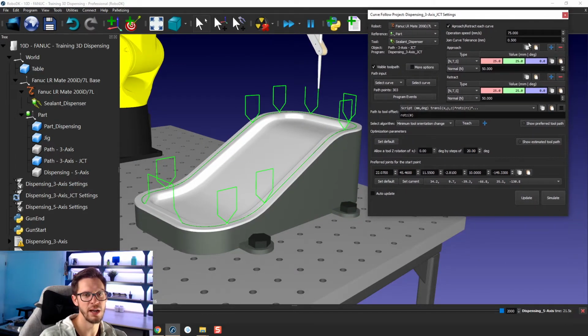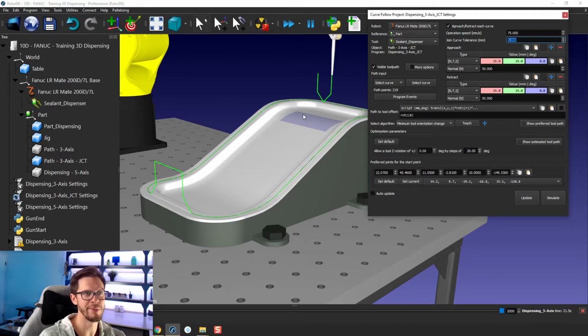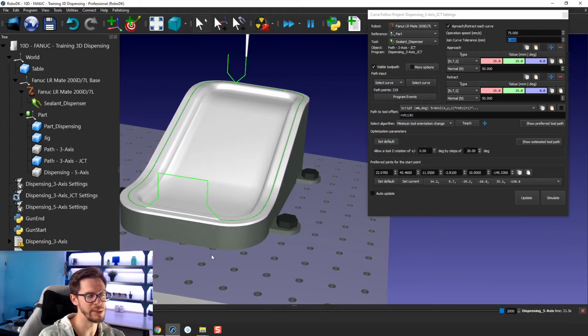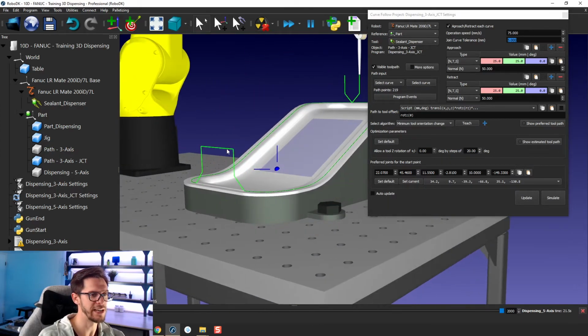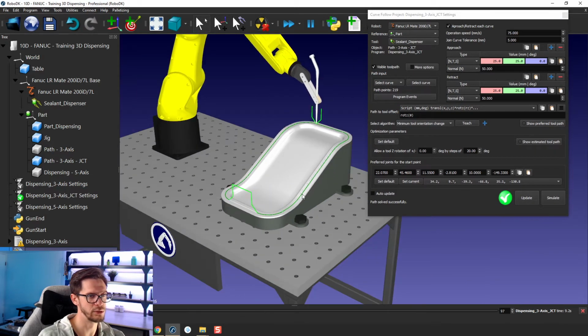So this is where joint curve tolerance comes in very handy. This is a way to tell RoboDK how much of a gap you accept in a line for it to be considered as a straight line. By default, you have 0.5 millimeter, which is kind of small. But let's say if we enter 5 millimeters here, it will do the trick. Every gap here is less than 5 millimeters. If you see a gap that is 5 millimeters or less, just consider that it's a straight line. And if you see a gap that is more than 10 millimeters, like this one here, just apply the standard approach and retract motion. So if I was to run that here,